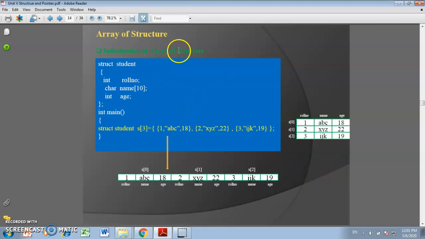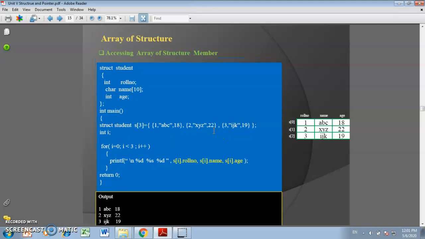Then initialization of array of structure. Like the previous slide, we can initialize the values to the array of structure at compile time or at runtime itself. Here the values are assigned at compile time itself. Similarly, for accessing array of structure members, we can access them by using the same dot operator. Only here we are using the concept of array of structure, so we need to make use of a for loop,